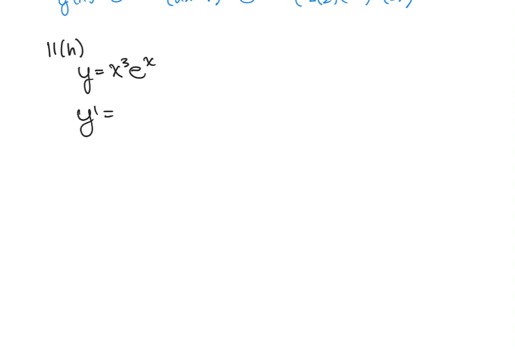the derivative of the first function. So the first function here is x cubed, so its derivative is 3x squared. And then we want to copy the second function without changing it. Then we want to add to that, copying the first function without changing it, multiplied by the derivative of the second function. Now here, the derivative of e to the x is still e to the x. So that's the derivative